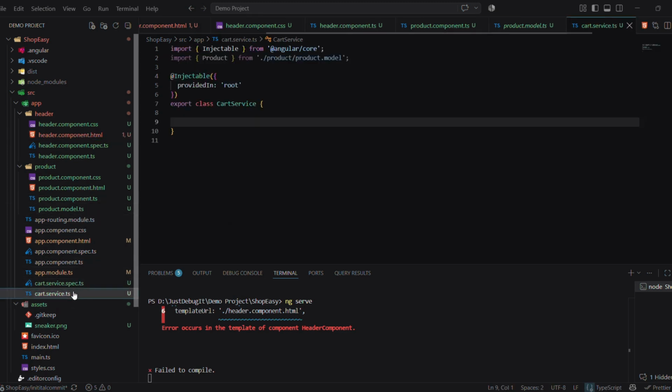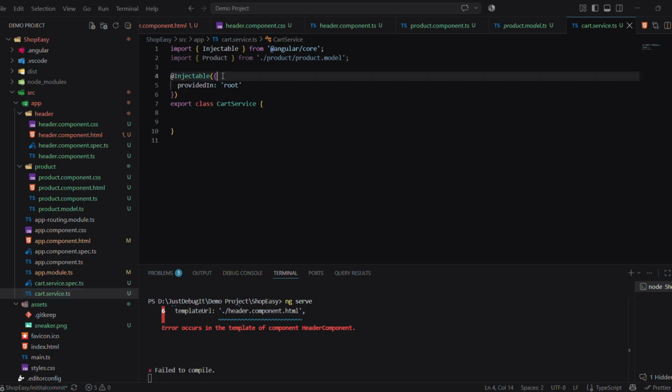We will create a service called cart items, and inside it, we will get some code here. This will be the default code. There are two important things here. First, @Injectable, this tells Angular that this class can participate in Angular's dependency injection system, and providedIn root, this tells Angular to provide this service at the root level. For our application, this gives us one shared service instance that components can inject.